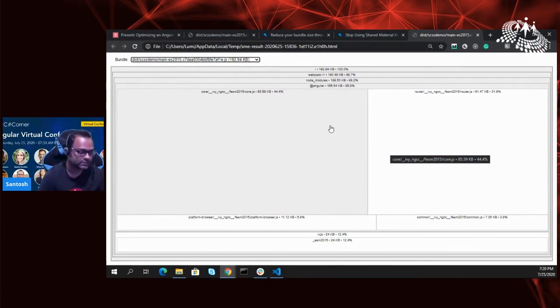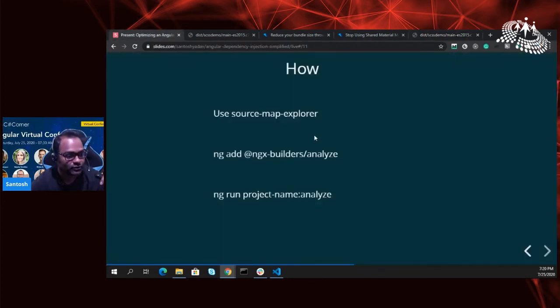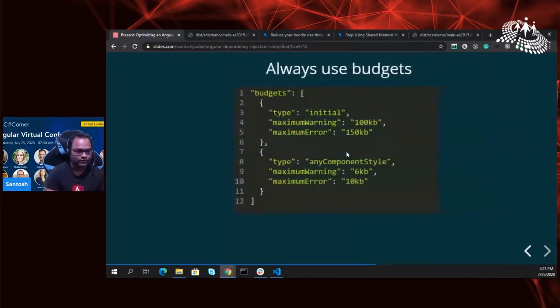So by using this tool, I was able to check that each of my components, remember, each of my components was around 90 kb. I'm talking about 150 components, and each component is of size 90 kb. So I was really shocked, but why is this happening? At least I got some data to work with. Then I realized, okay, now I have to go ahead and decrease this size, because 90 kb is of course really big for a single component, and we have 150 like that, but not all 150 had 90 kb. So I started working on it.